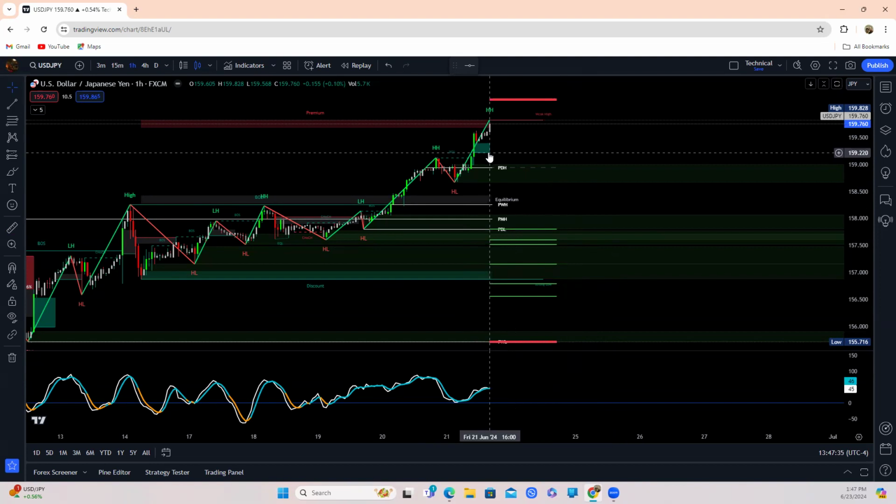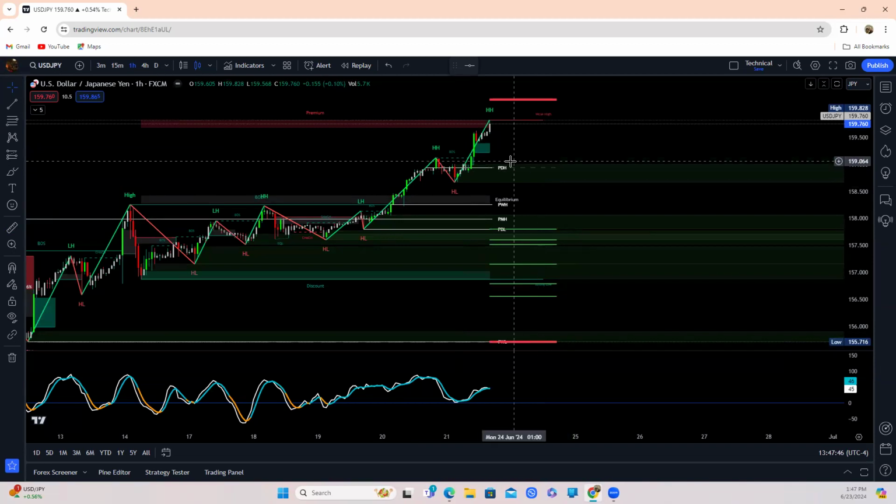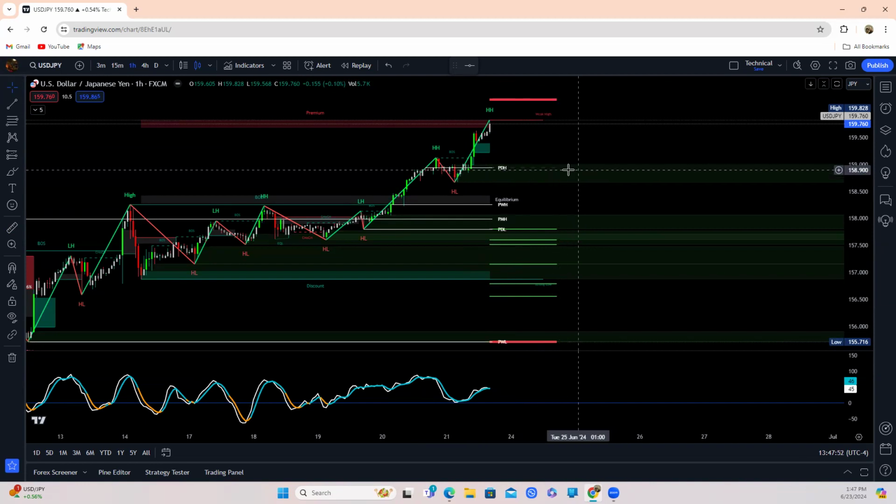Now, price can really come back and fully mitigate this fair value gap right here and come down to this order block right here, which would make my day even better. We see it's right here, previous day highs located as well. So this is a pretty strong trade setup to take. So if price does come back in here and test this previous day's high, that's even